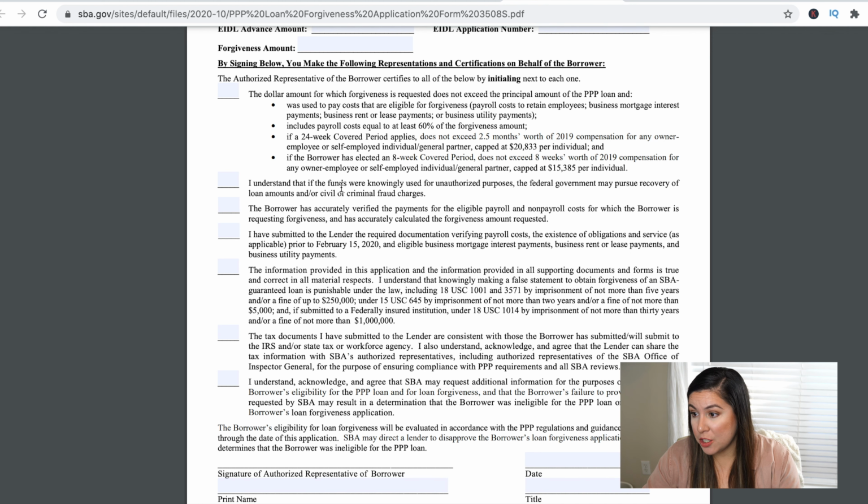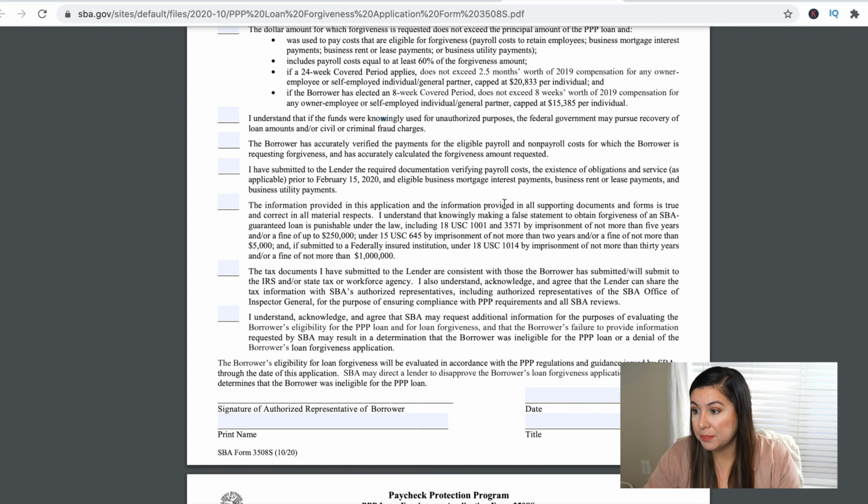Then the next one is that you understand if the funds are knowingly used for unauthorized purposes, the federal government may pursue recovery of the loan amount and/or criminal fraud charges. The borrower has accurately verified the payments for the eligible payroll and non-payroll costs for which the borrower is requesting forgiveness and has accurately calculated the forgiveness amount requested. So here, this is another reason why I wanted to talk about this application. It says here,